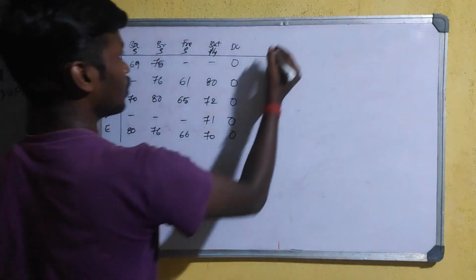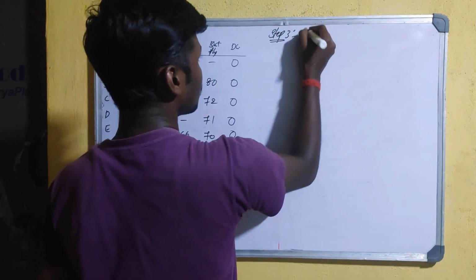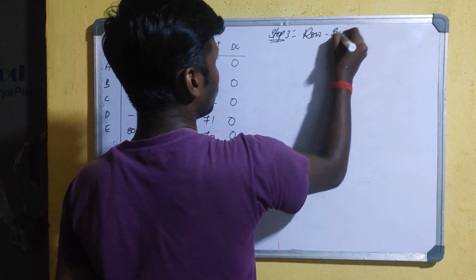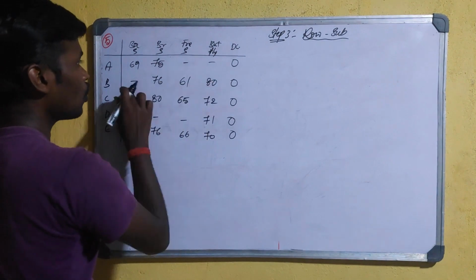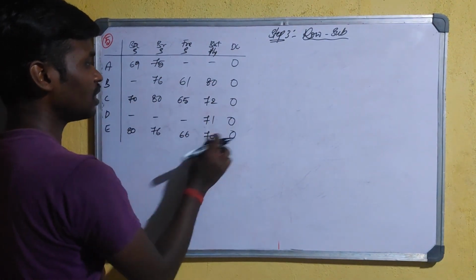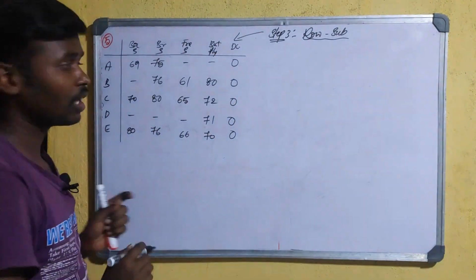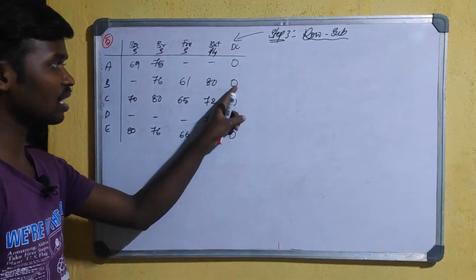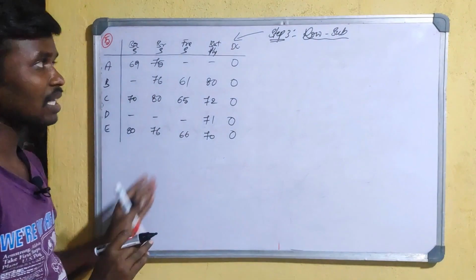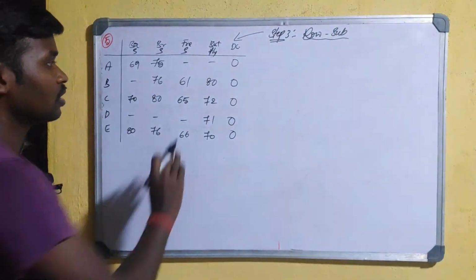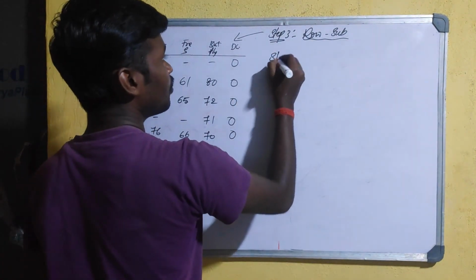So third step, step number 3, row subtraction. Okay, so in each row you have the least number 0, so you will get the same numbers. In the third step you will get the same numbers. Okay, so write this matrix in the third step. Okay, next fourth step,